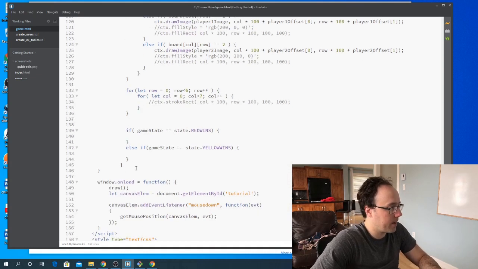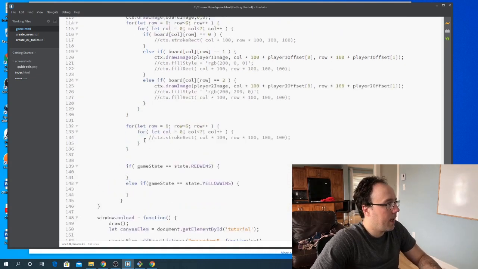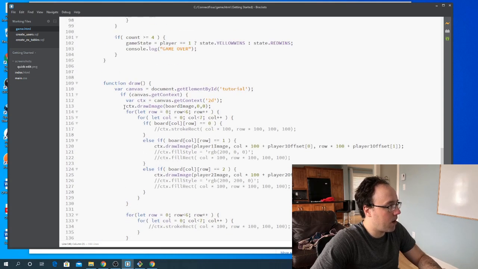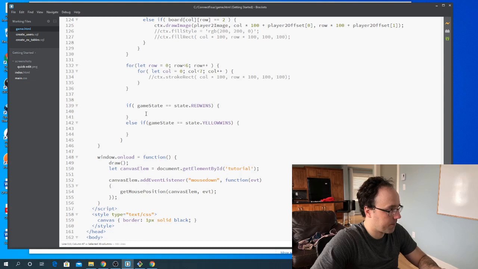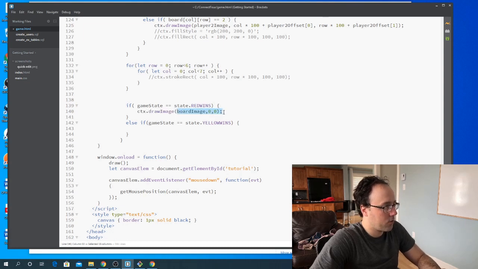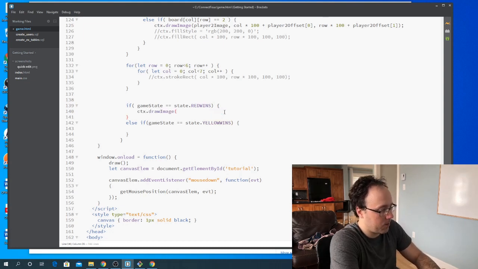Okay, so these are the two states. And I'm now going to draw my image. So I'm going to say CTX draw image, and the first one is going to be